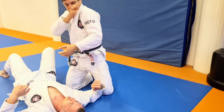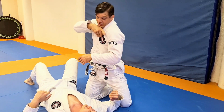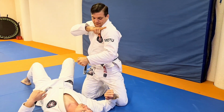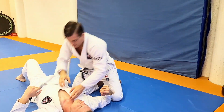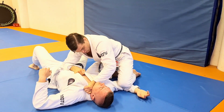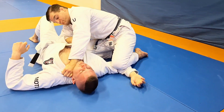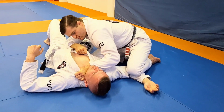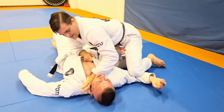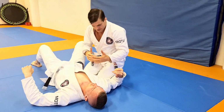push my elbow down by leaning with my body weight onto my elbow. So it's body weight. I hold and then I put my whole weight into it. So grab, pop, pop, deal with the elbow, and then I just pull, and then I lean with my body weight, and actually I can pull here on that collar to bring even more weight onto my elbow. That means I have a lot of additional force,